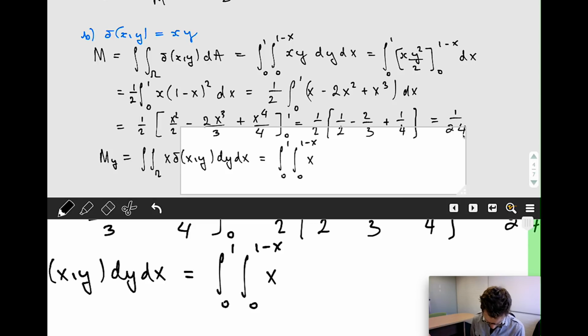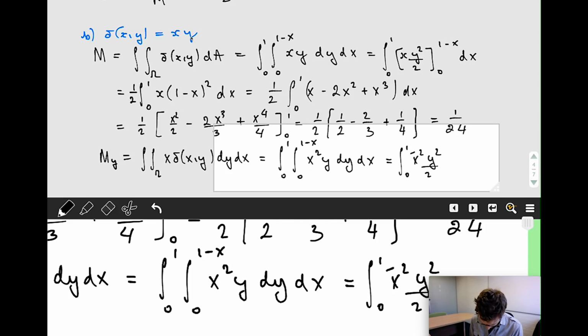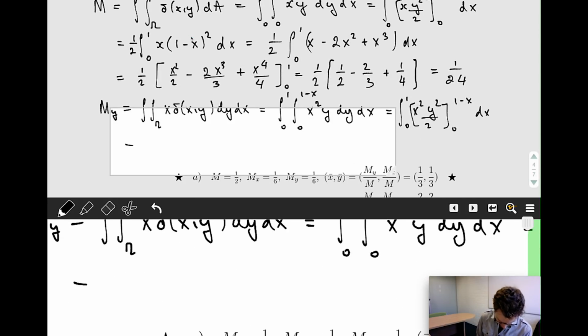We've got x, let's put in the density, so that's x times y, so my integrand is x squared times y. So carrying out the y integral again, from 0 to 1 minus x, which is going to give me,